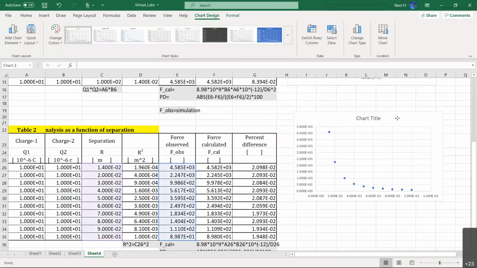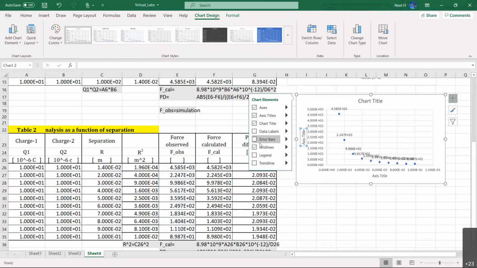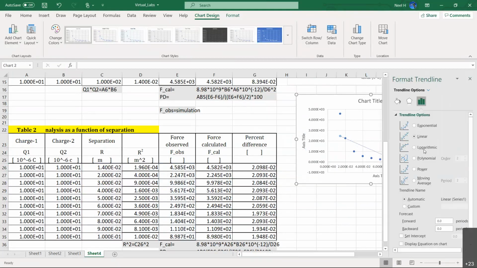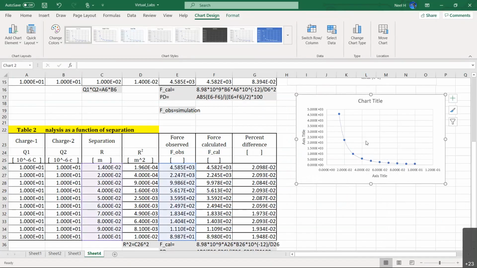Now if you see exponential decay behavior, then we have the right graph. You need the axis title and we need the trend line. I need to change the trend line: go to More Options and change that into power. Then you will get a trend line with the power behavior. You can see that the dotted line is actually a perfect fit with the data.